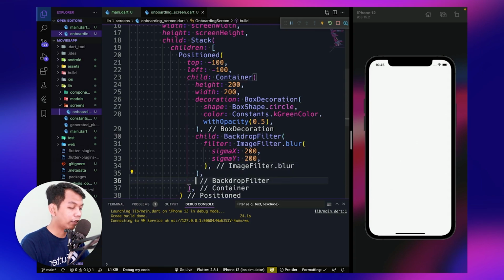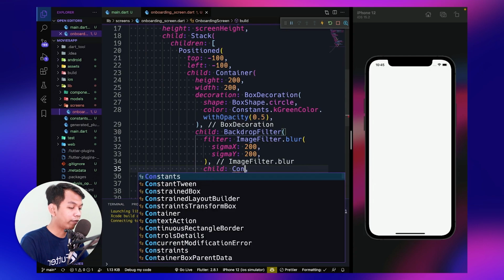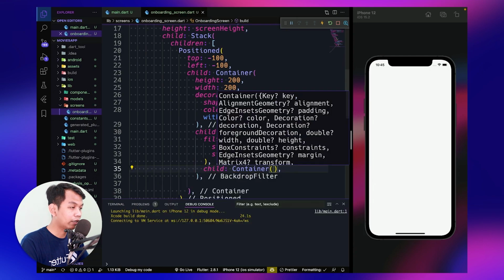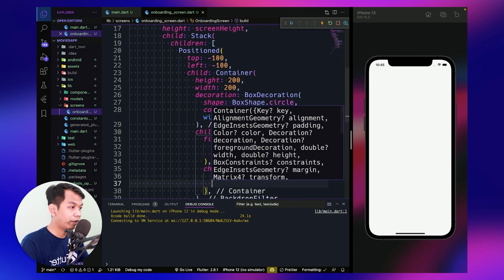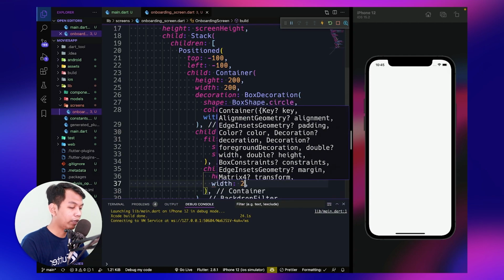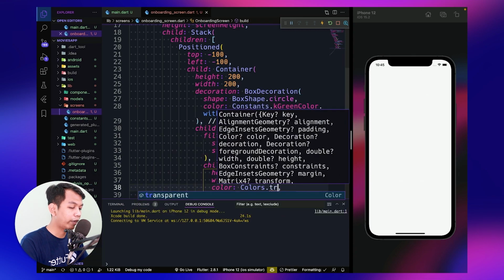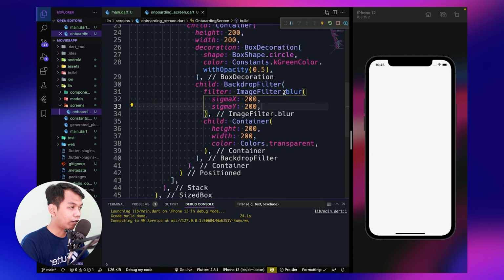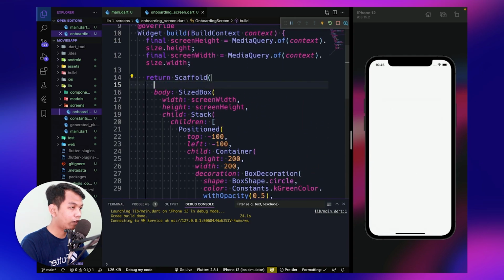And inside this backdrop filter, we can say child again, and for the child, we set it as a container. For the height 200, equal to the parent, and for the width 200 again, but for the color, make it transparent.